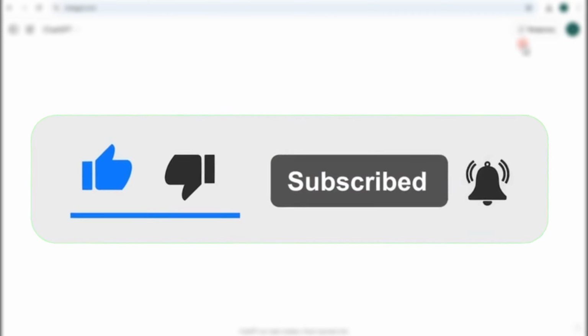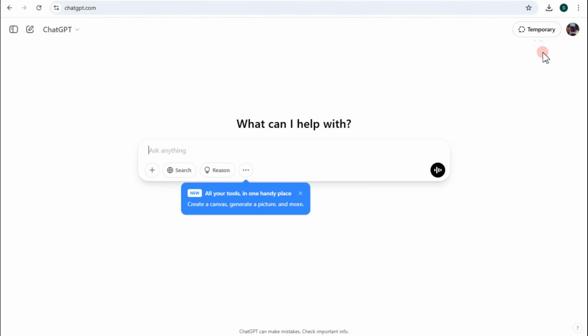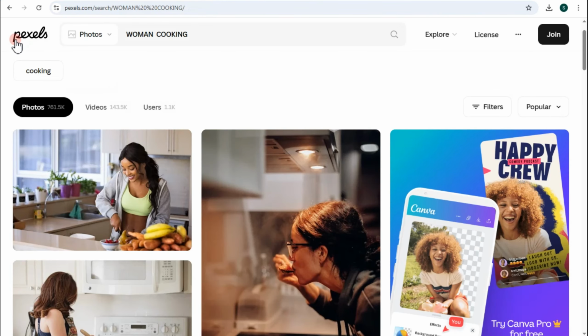So, creating a Ghibli style image on ChatGPT is very simple. All you have to do is sign in to your account here in ChatGPT. And then let's just say you're looking for an image or picture for free, which you can download and use for your Ghibli Studio project. What you're going to do is just go to Google web browser and then